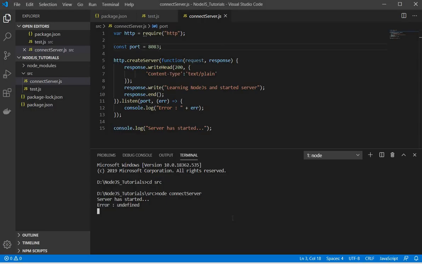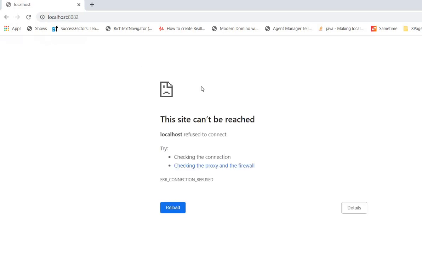Wait, first I need to close the connection. Now I'll run, and if I give 8082, this will not print this statement because we have changed the port. So let's see. See, this is not reachable because we have changed the port.